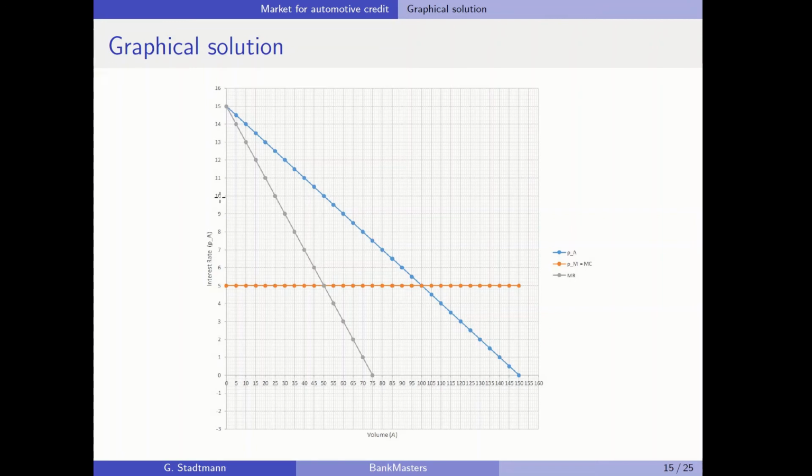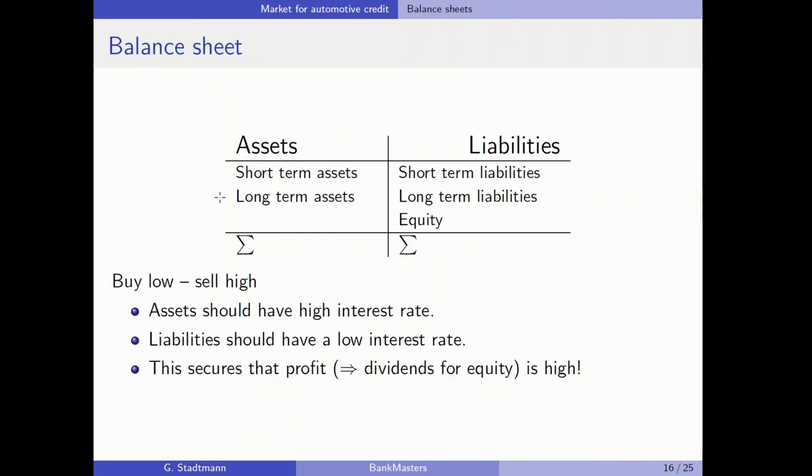In the next step, we were asked to come up with a balance sheet. Therefore, it makes sense to, in the first step, clarify what are the assets and what are the liabilities. We can distinguish the assets in short-term assets and long-term assets, and on the right-hand side, we can distinguish short-term liabilities, long-term liabilities, and equity. Of course, the automotive credit goes to the left-hand side, to the asset part, and the liabilities will consist of the